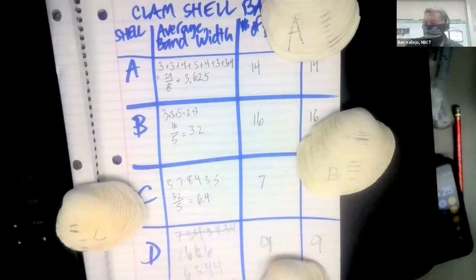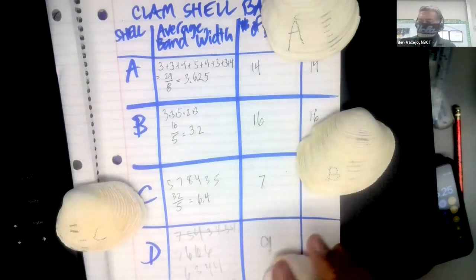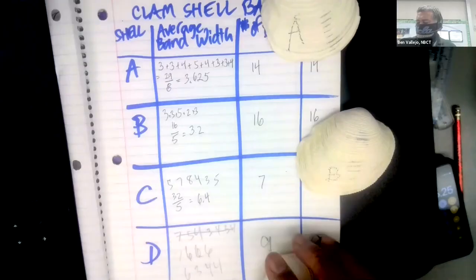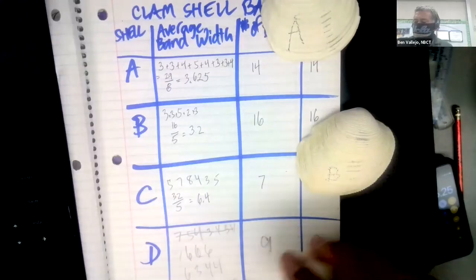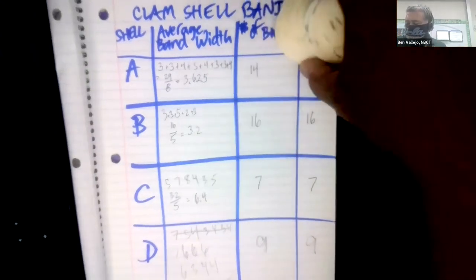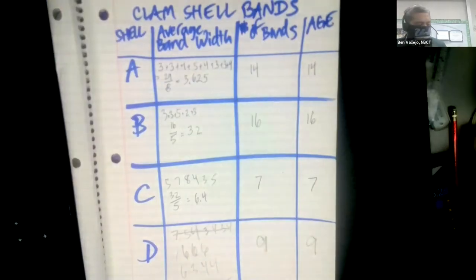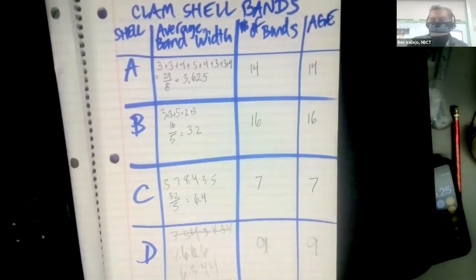So those are some things that we could see when we take a look at the clam shells. And so there you go. All right, so that is age of the clam, and that's how we can determine the age of a clam by counting its rings. All right,